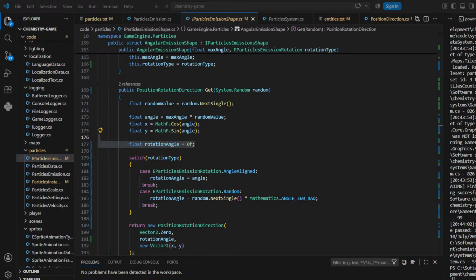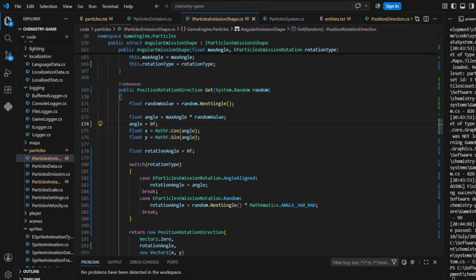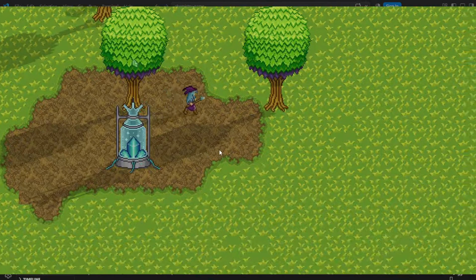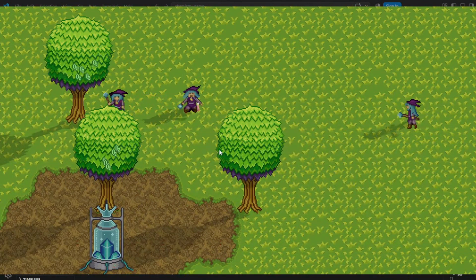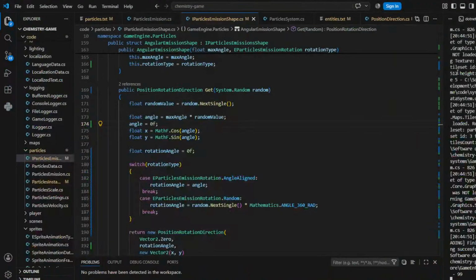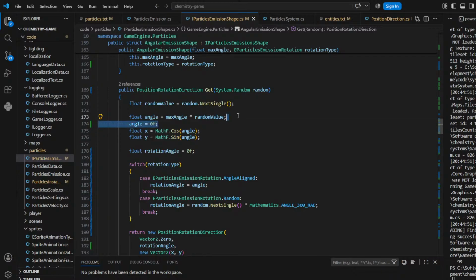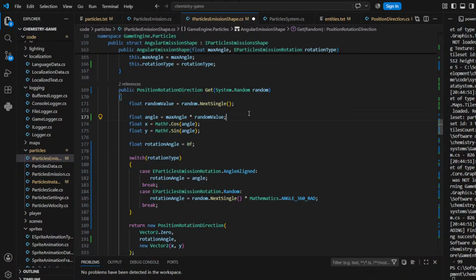Okay, let's do it differently then. Wait, let's do it differently. Let's put it back to vertical, and then let's force this to be 0 so we can see what happens. Okay, I want to see if the 0 is actually pointing up. Yes, but it's going to the right. That's a problem. That's why this is wrong. So here